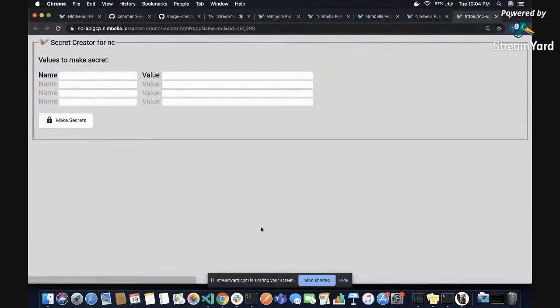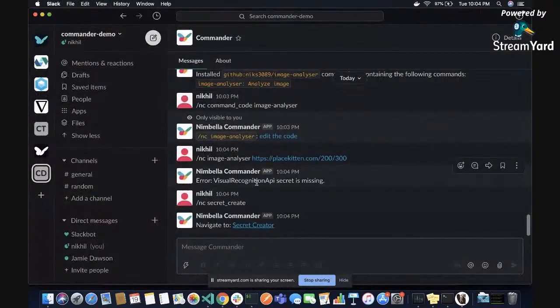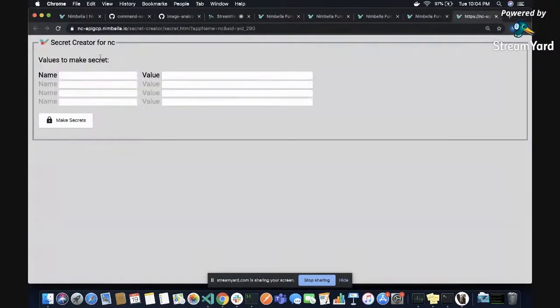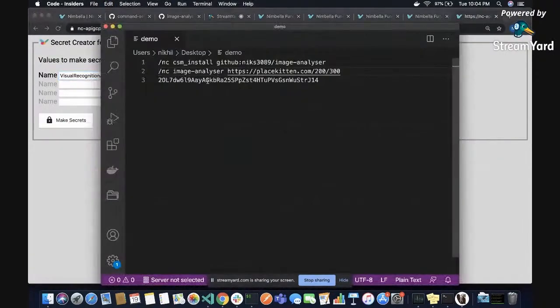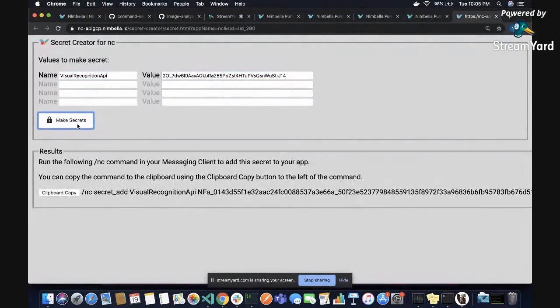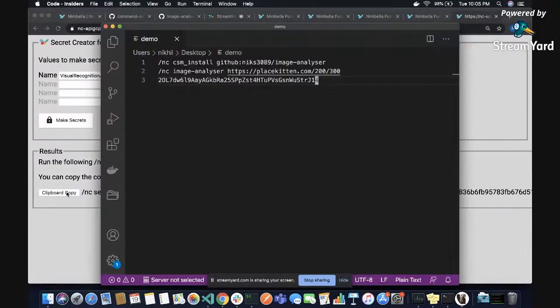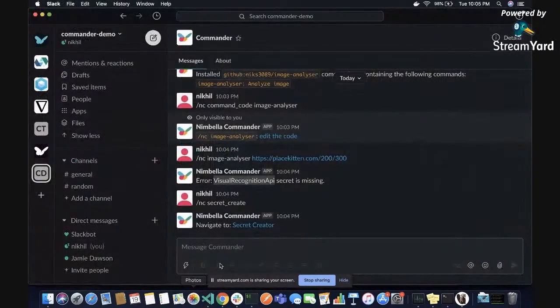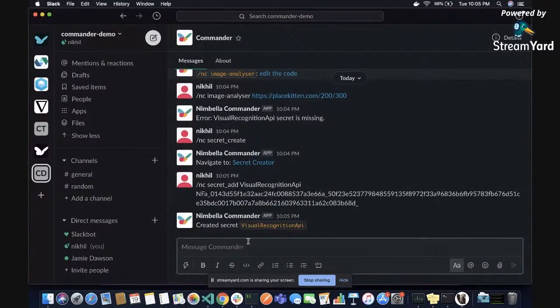for your API keys. So you can just go back here, click on this, the name of the secret, and the secret value. And click on make secrets. So this is going to take in this particular value as the key, and this is the value, and you can just do a clipboard copy, go back to Slack, and just paste it here. And it has created a secret for you. So when you run this command again,